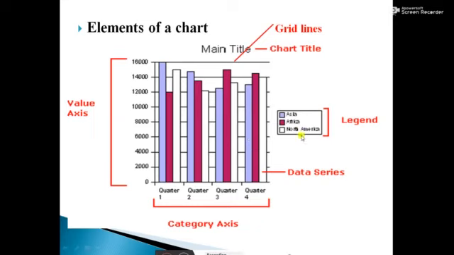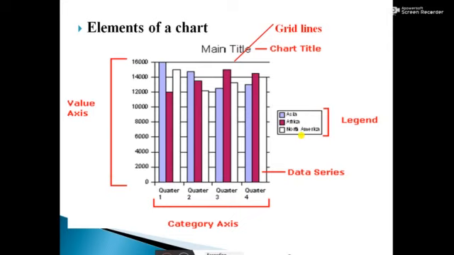The next one is legend. What is meant by legend? It is a small visual representation of the chart's data series, to understand each data series without any confusion.